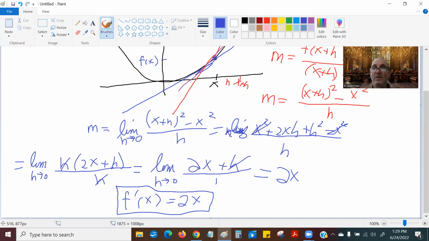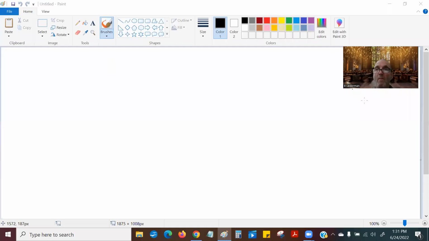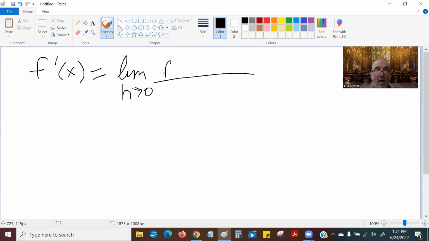And I'm going to take all of this and copy it. We write in general that f prime of x, that's the derivative, is equal to the limit as h goes to 0 of f of x plus h minus f of x